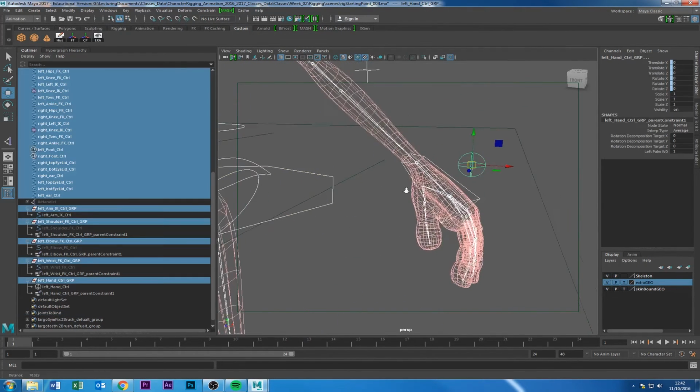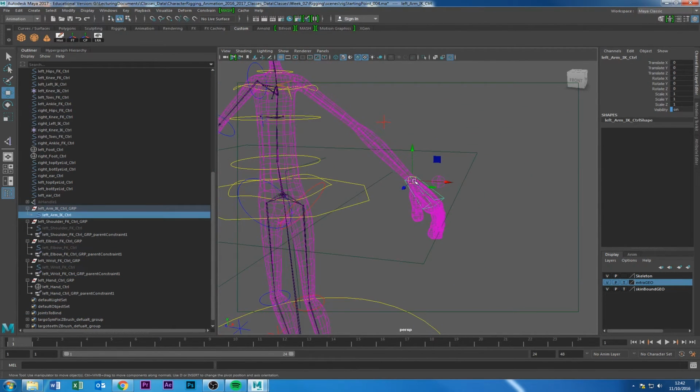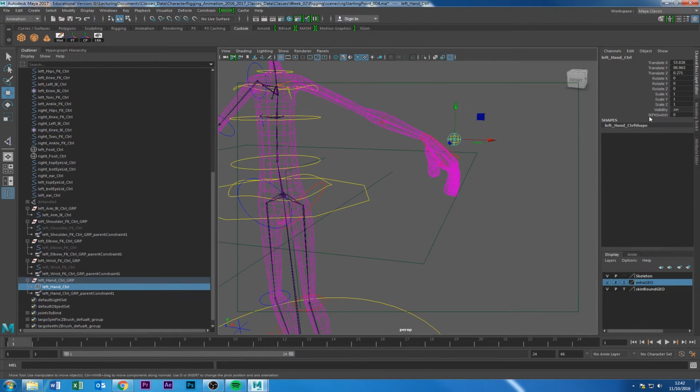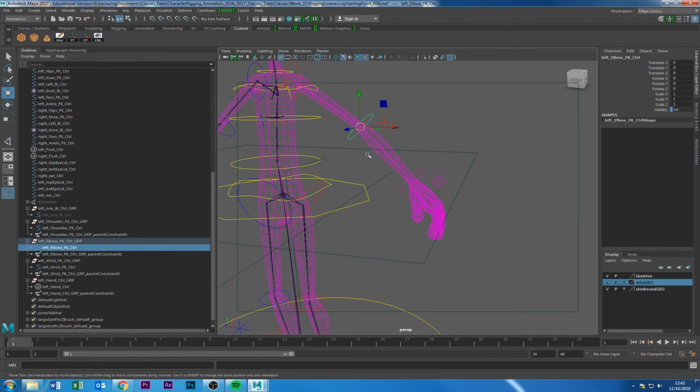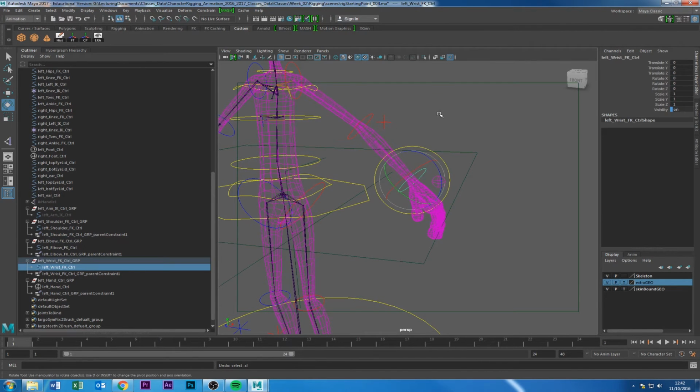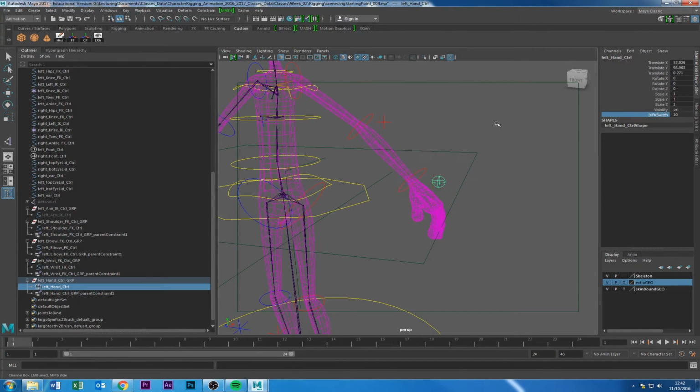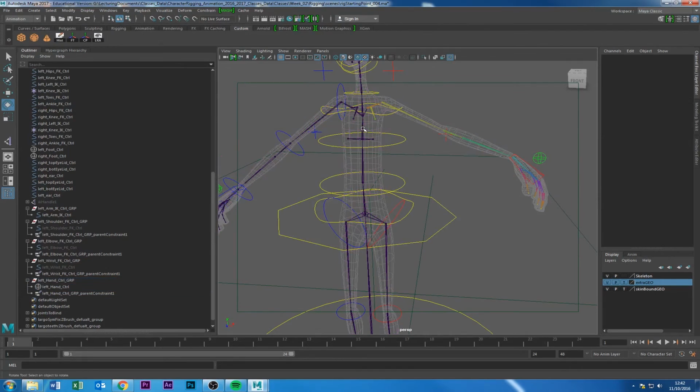Okay. So now, whenever I'm using this, you see how the connection is made. Now this guy comes along, and if I want to switch to FK, you see this guy always comes along. You see? Okay. So now, if I switch back to IK, and if I want to rotate it, just quick